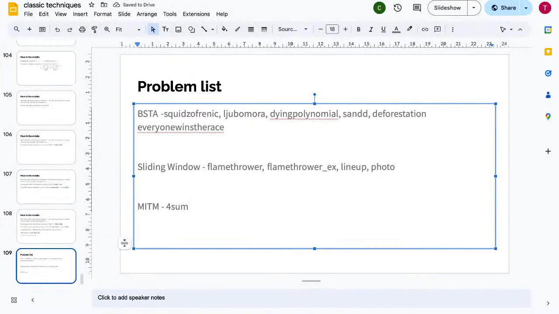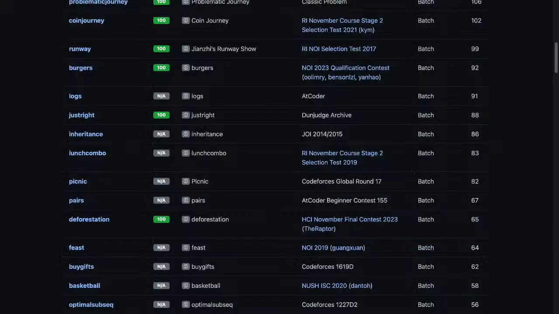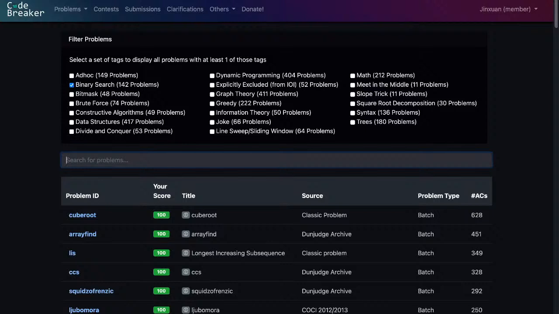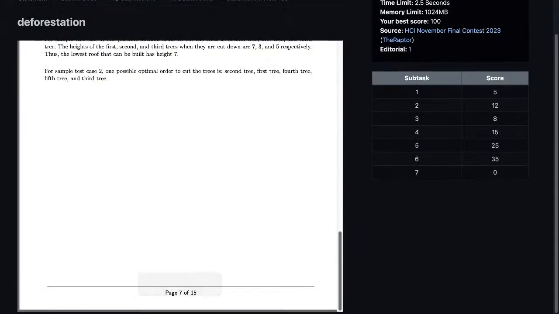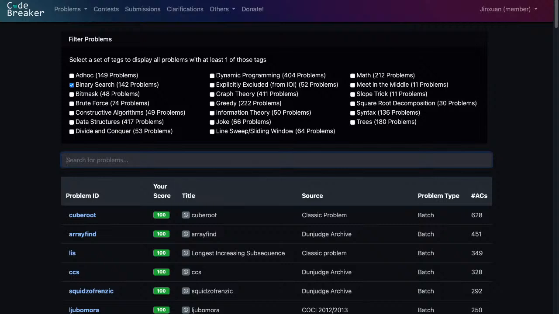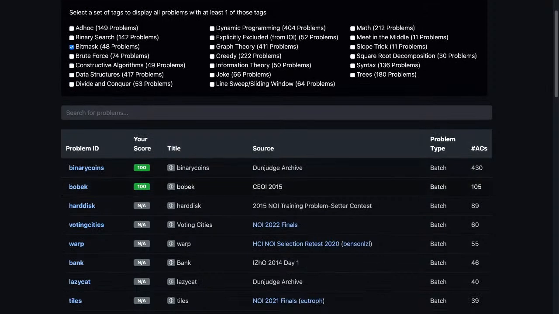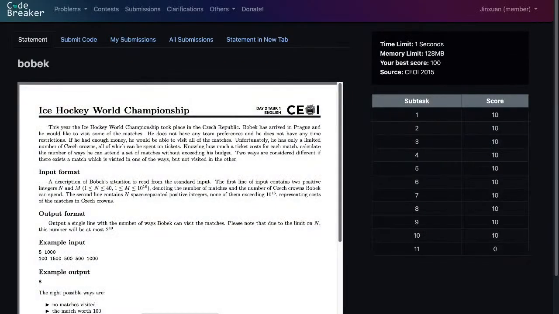Also, if you remember the bitmask brute force problems that we did before, you couldn't fully AC them because n was 40, and your bitmask brute force can only go up to 20 before you TLE. That's something you can use meet in the middle to solve. You can split them up into 20 and 20 bits, brute force them separately, then come back and put them together. That's basically how you get the full solution for